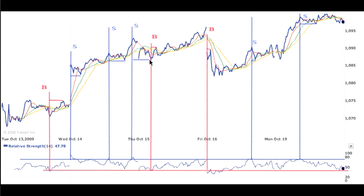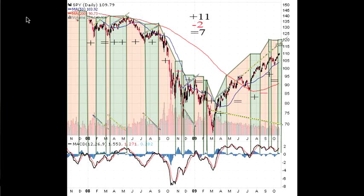On the intermediate term, for swing traders, I wanted to take a look at the MACD. This stands for Moving Average Convergence Divergence. If we zoom in to the 2-year chart and look at each time the MACD was positive, went above this line, and assume we bought in soon after it became positive and sold soon after it became negative, went below this line, we find we would have been looking at very nice gains since 2007 as opposed to a loss